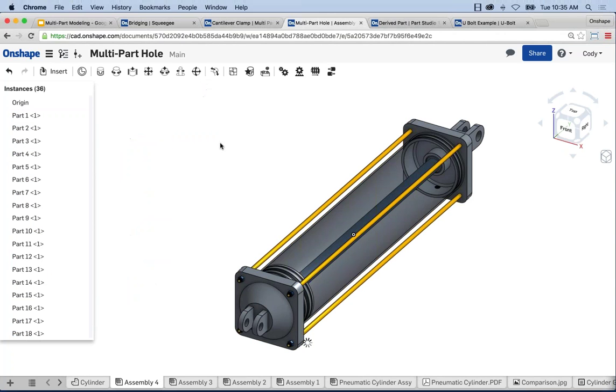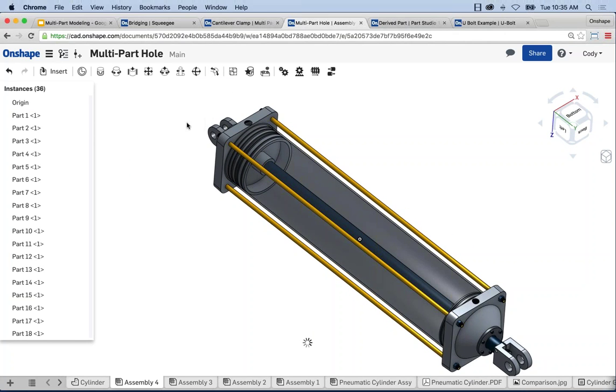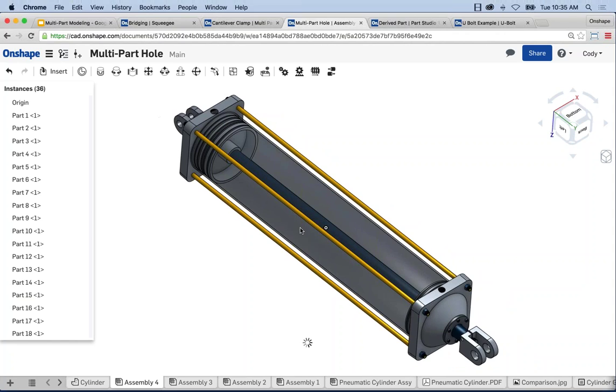And not only can you insert them all together, but you can also group them so that you don't have to add a series of mates, right? So that's the other commonly asked question. Okay, I've inserted all these parts. They all come in automatically together. But then when you try and move something, it all kind of moves with it, right? It's free floating. So a tip is you can then group and select all the parts that you want to